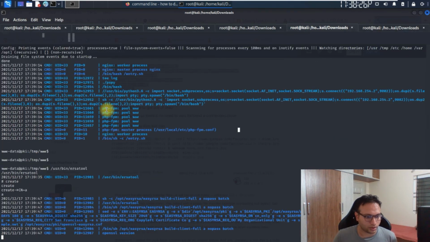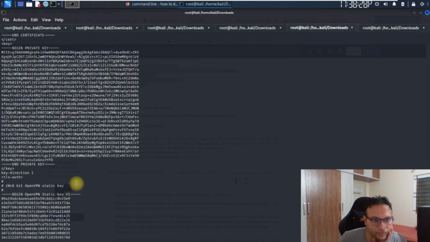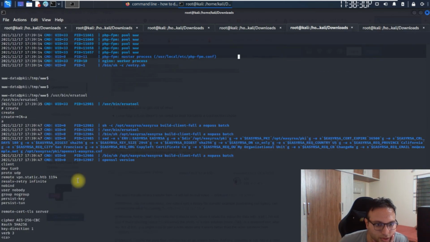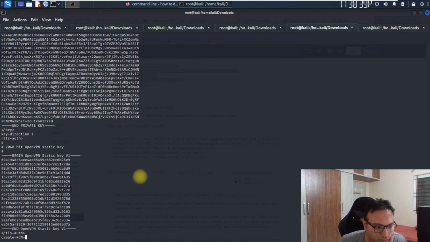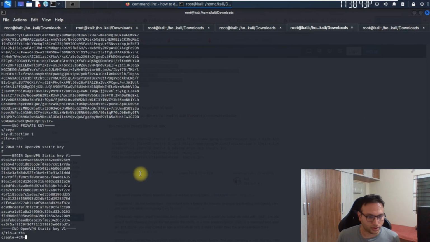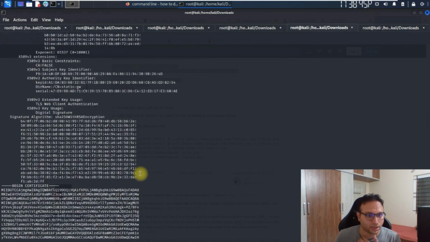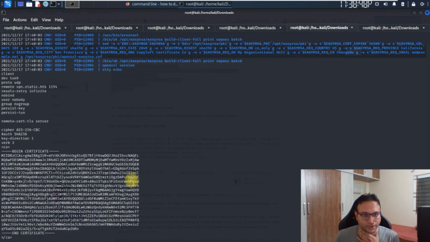Okay, now a lot of things are coming over here, and there are a couple of things which we have to look for. It's the OpenSSL version I'm seeing over here. Now we'll have to write print, and again I can see a couple of things related to OpenSSL over here.